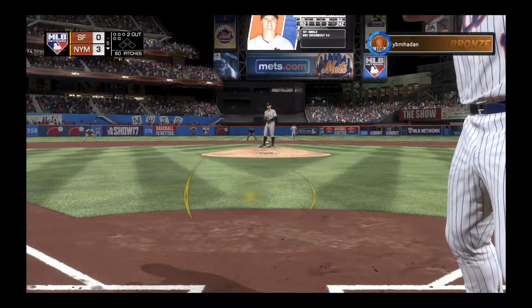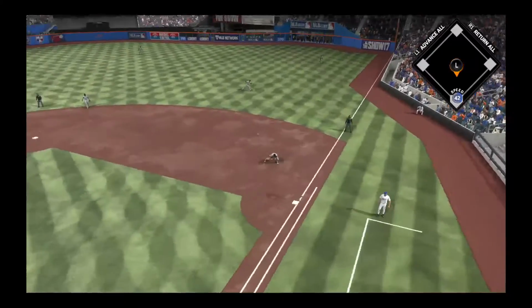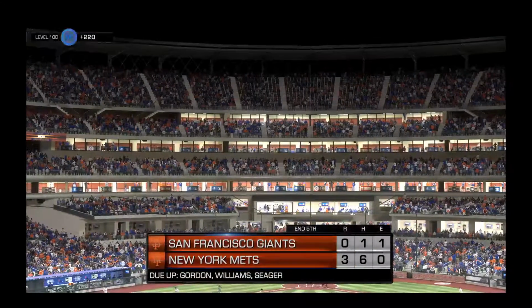At the plate, Jay Bruce. 1 for 2 on his line so far in the game. Hard hit to first. Walker has it, and he'll step on the bag himself, and the inning is